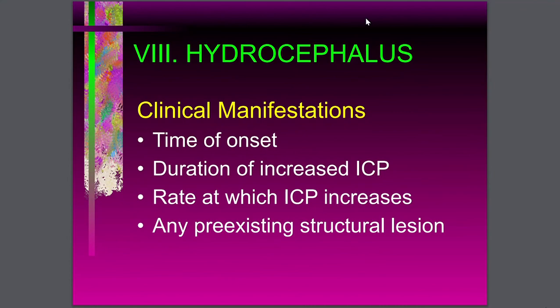So the patient is 5 years old already. If it is something due to an infectious etiology, like the patient had a meningitis, then the patient may be old enough to manifest the hydrocephalus. So instead of an enlarging head, the manifestation would be vomiting, headache, no? Blurring of vision or doubling of vision. So the manifestation would depend on the time of onset.